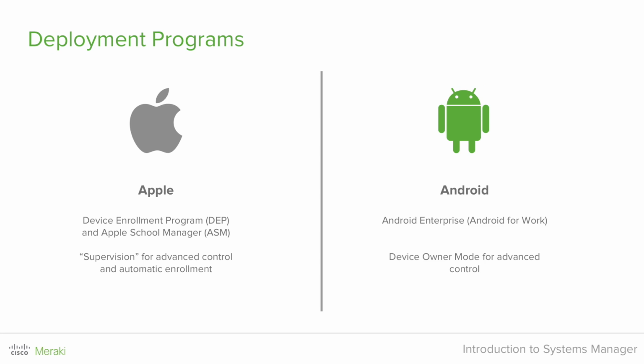On the Android side, the comparable program is called Android Enterprise. It was formerly called Android for Work, so you might know it as that. And the similar mode for advanced control, onboarding, and visibility functionality is called Device Owner Mode. So you'll see that in dashboard, and you'll see some of the features and functionality that we talk about on